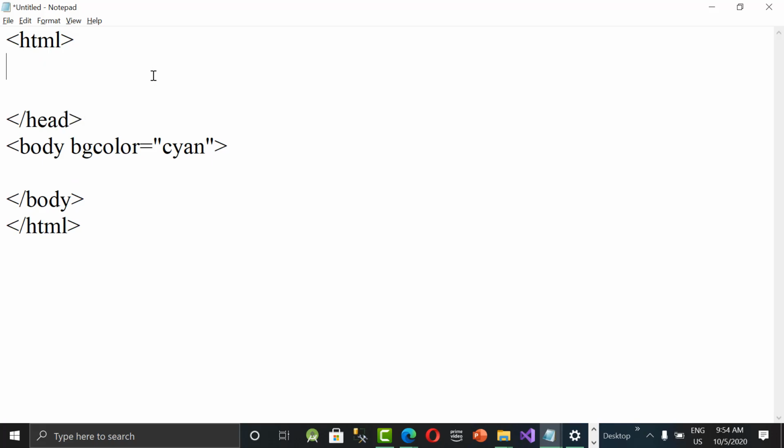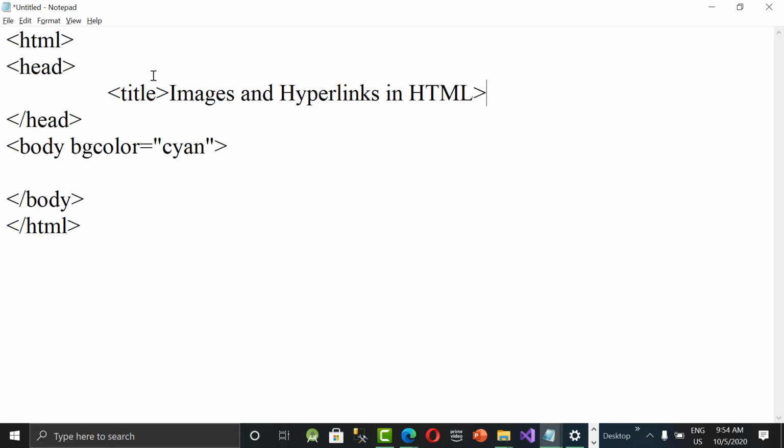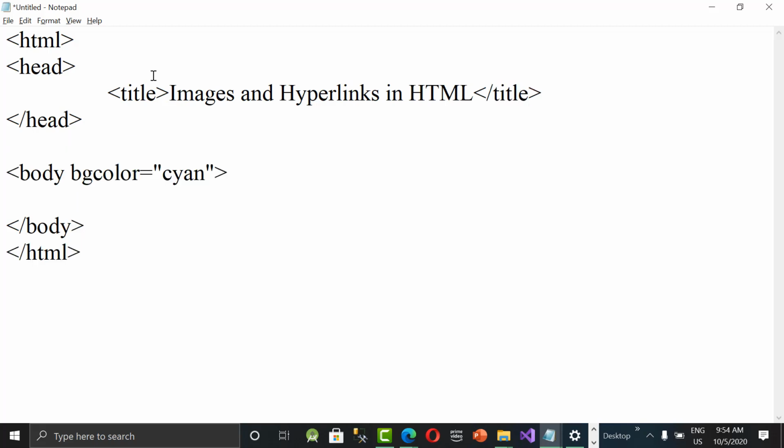In between what we are writing is title. Now this is images and hyperlinks in HTML. Slash title. So I'm giving h1 align equal to center, images and hyperlinks.